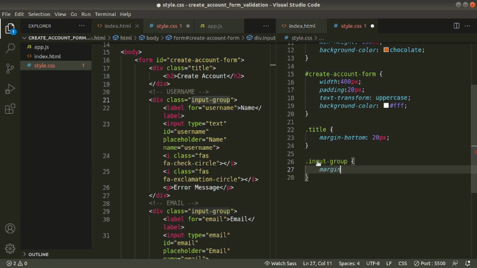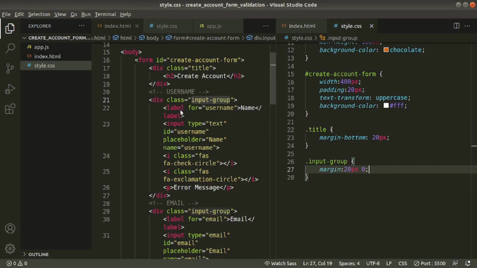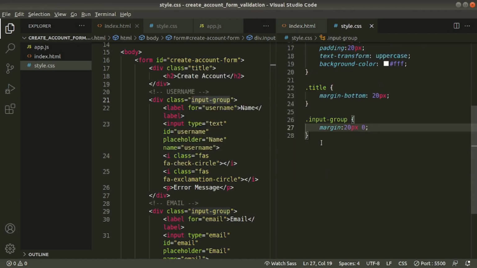Margin top and bottom 20 pixels, left and right 0. Now save this one and let's go and check. See, our input group has bottom and top margin 20 pixels. Now inside this input group we have label and input and icons and paragraph. We'll style these ones.